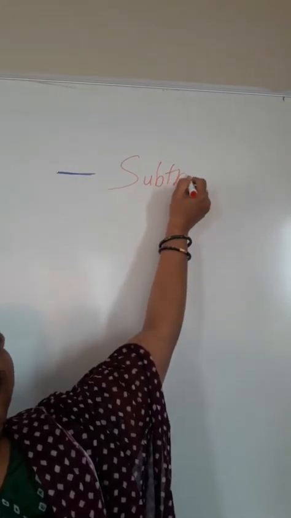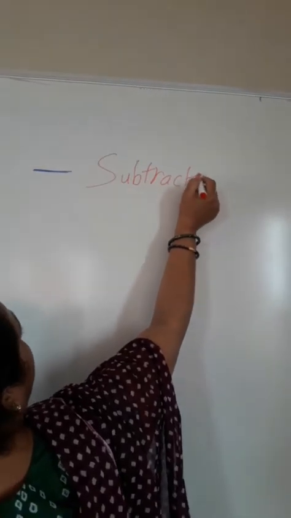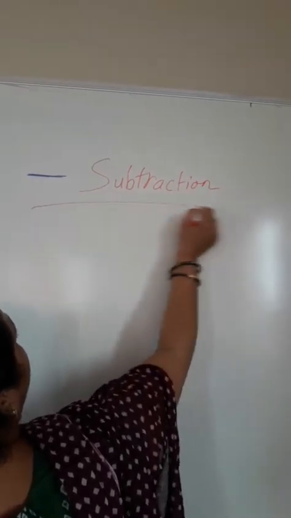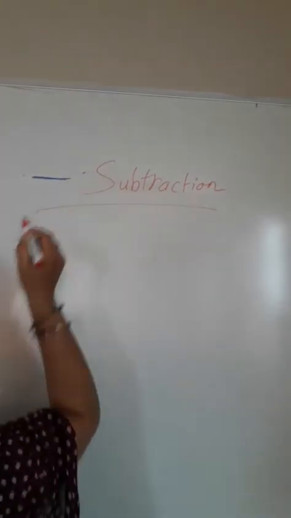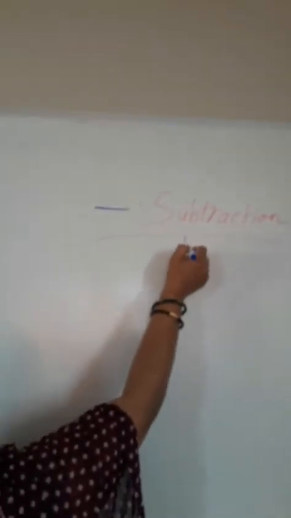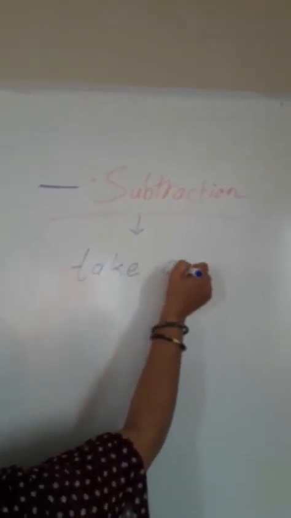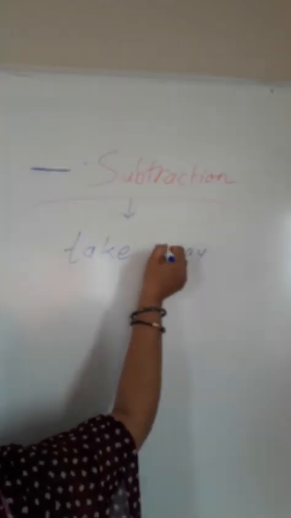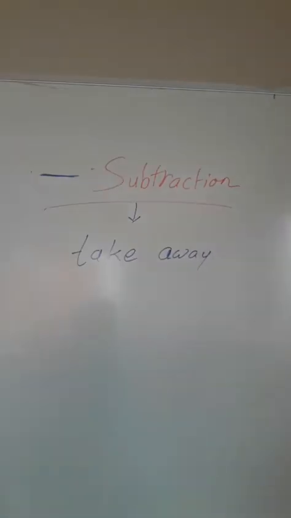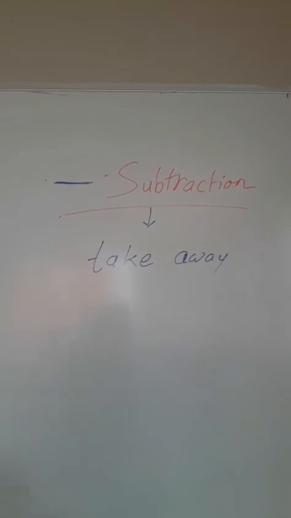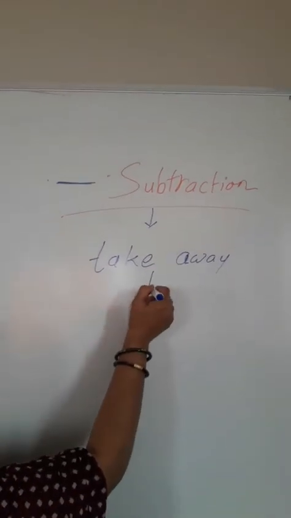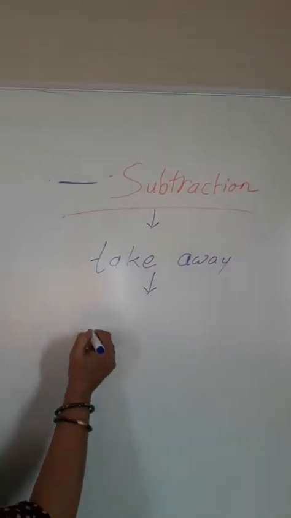And what do we have to do in subtraction? We take away the things. हम subtraction में क्या करते हैं? Take away. And when we take away something, we get